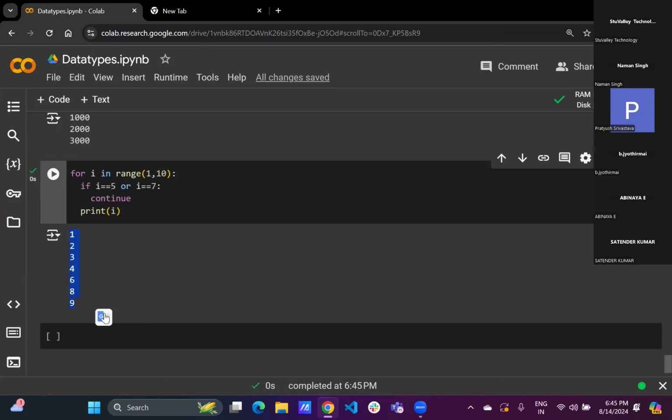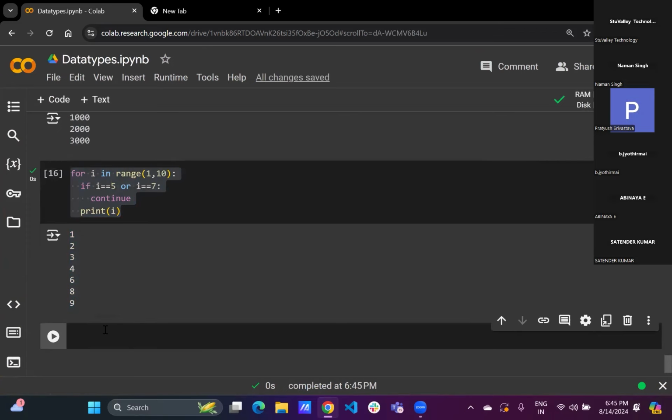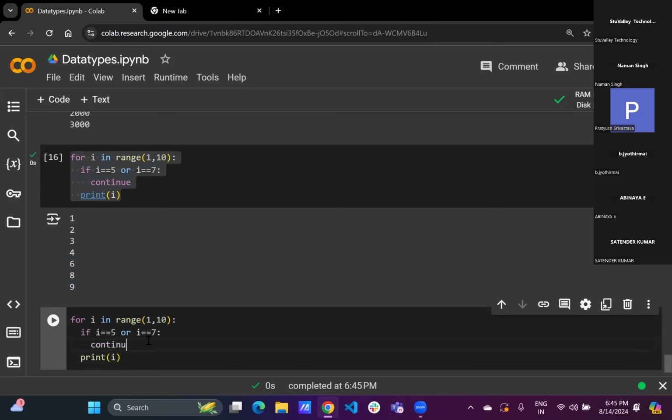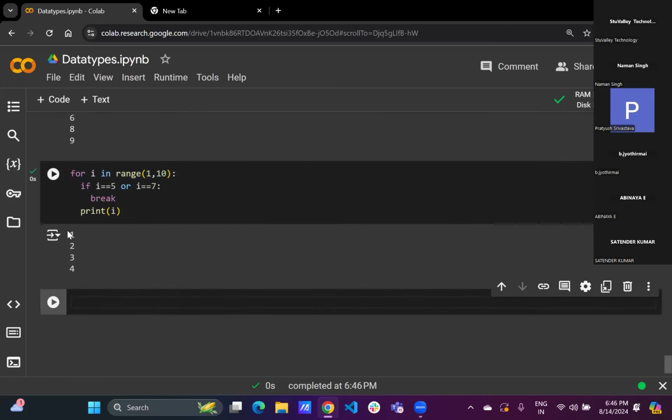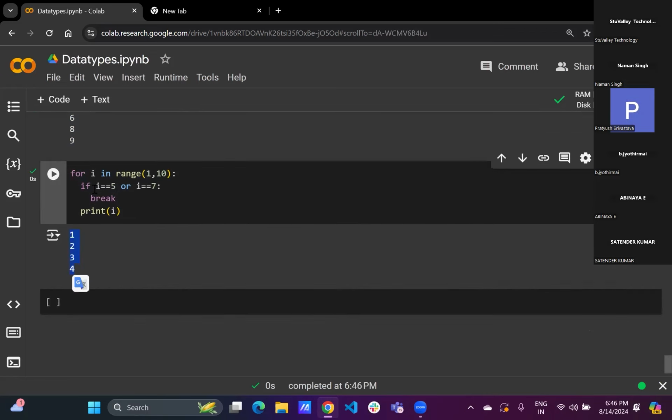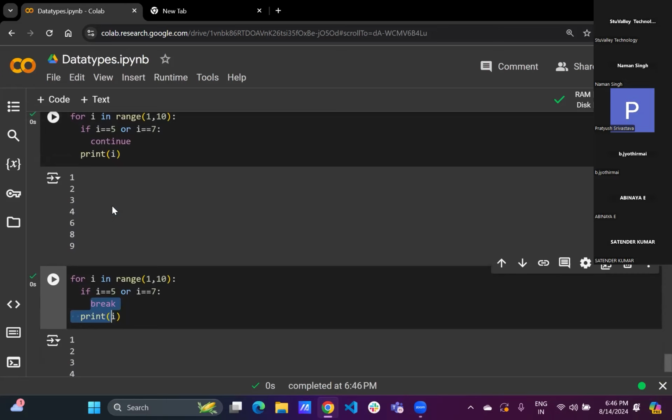ठीक है, अगर ब्रेक यूज कर लेते तो क्या होता, 5 के बाद कोई भी स्टेटमेंट एग्जीक्यूट नहीं होता, क्योंकि 5 पे हमारा लूप ब्रेक हो जाता है। ब्रेक का मतलब होता है लूप खत्म हो जाना, एंडिंग ऑफ द लूप। तो अगर मैं ब्रेक यहाँ लिखता हूं, देखो क्या होगा, 1 2 3, जब 5 आया कंडीशन ट्रू हुई, जब कंडीशन ट्रू हुई ब्रेक आ गया, और ब्रेक तुम्हारे लूप को स्टॉप करेगा, दैट इज।